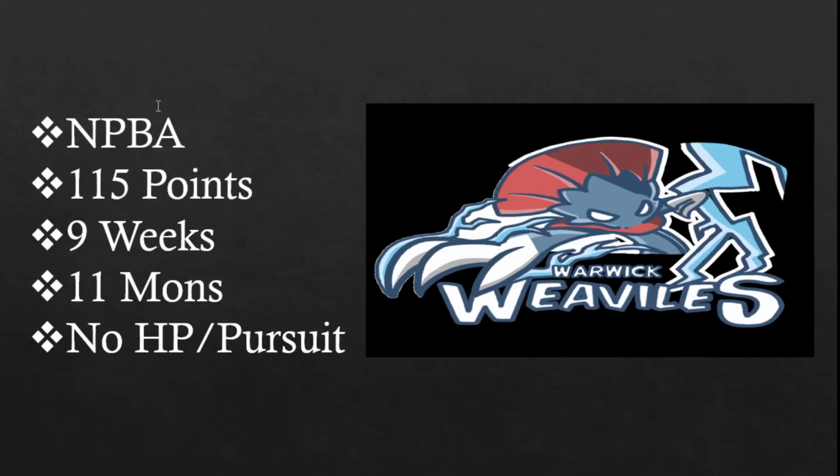Some background about the league. Obviously, it's called NBPA, which we can see there. You've got a total of 115 points to draft your team, and that team has to be 11 mons through a 9-week season. And also, just as a heads up, Hidden Power and Pursuit are banned, but all other banned moves are legal. So I was 4th overall, and leading off the first pick, we've got